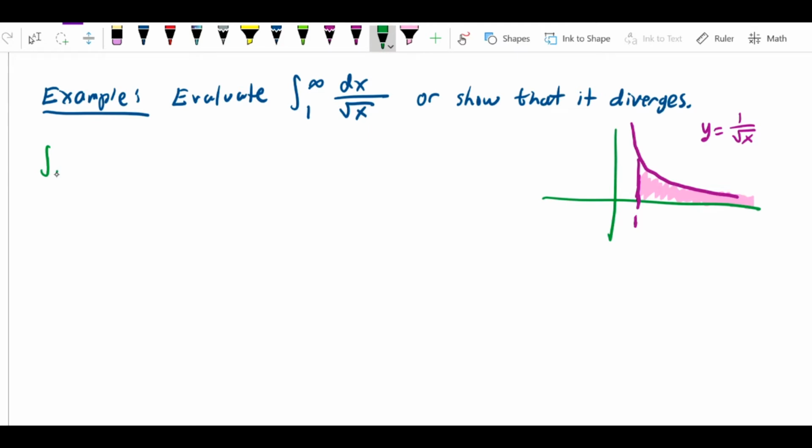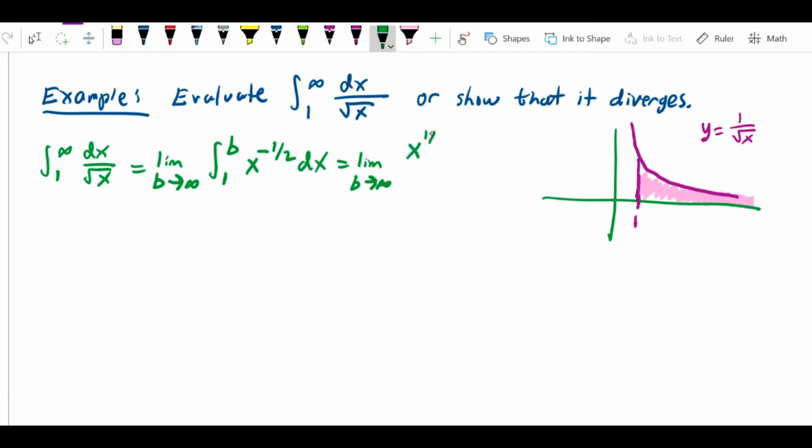We know that the integral from 1 to infinity of dx over root x is going to equal the limit as b approaches infinity of the integral from 1 to b of, I'll rewrite this as x to the negative 1/2 dx. That's a better representation of 1 over root x for the purpose of applying the power rule for integrals. So this is going to equal the limit as b approaches infinity of x to the 1/2 over 1/2